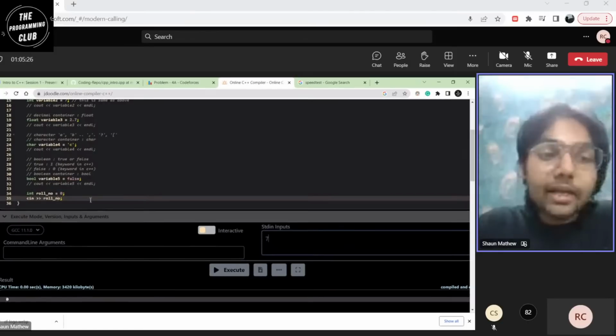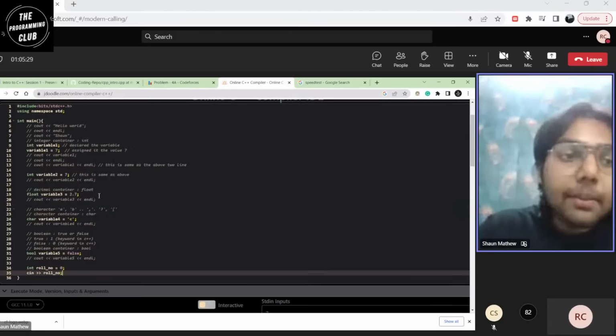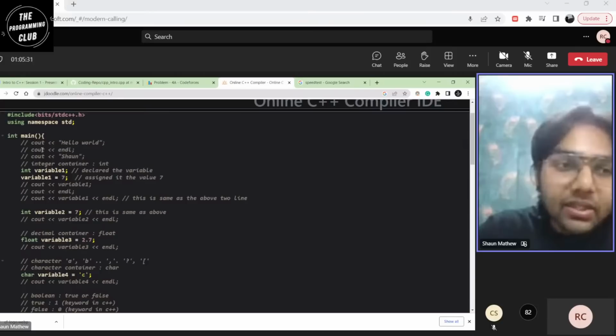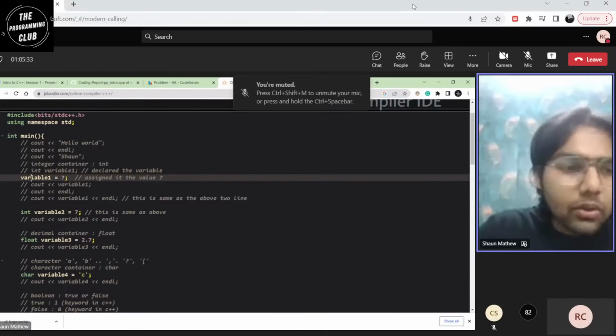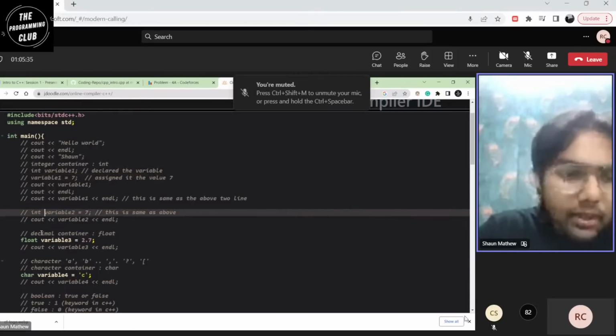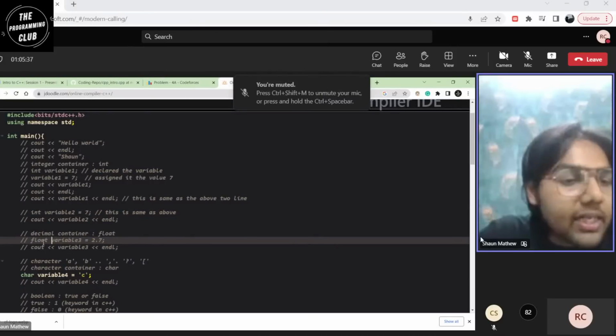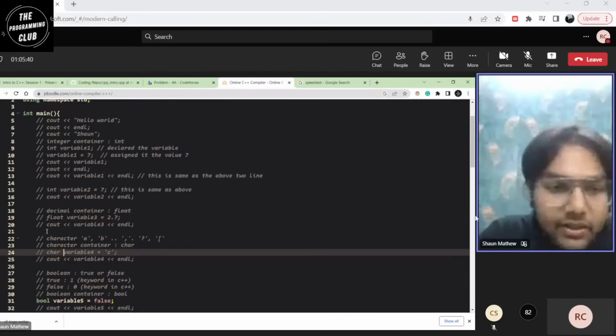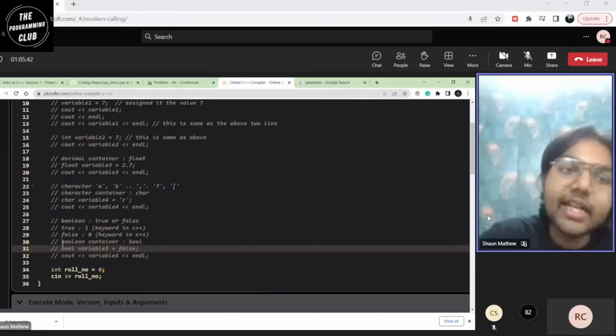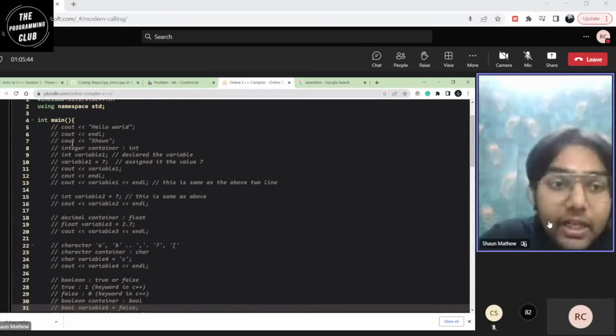So what happens now is the program starts running. The int main starts running. We'll just comment all these things out to avoid confusion for now. Whatever is in the comments, the compiler just straight away ignores it. It doesn't even check it. So in int main, it will ignore all these things.